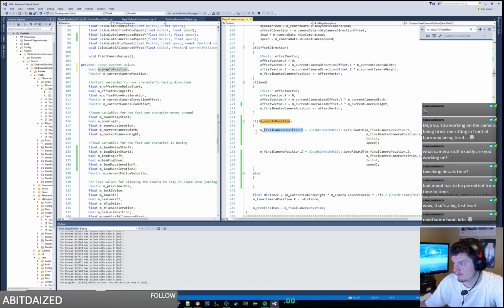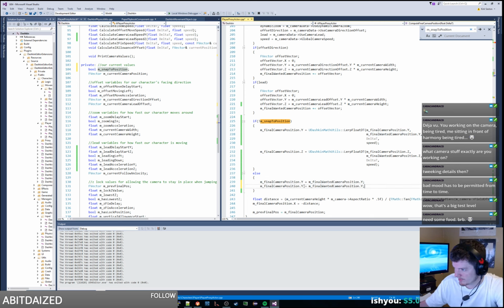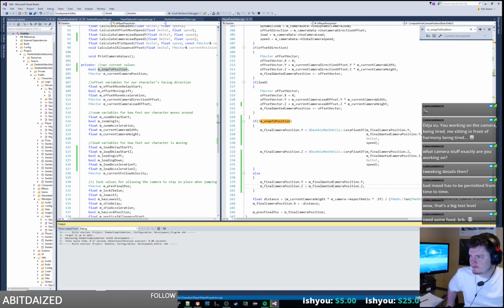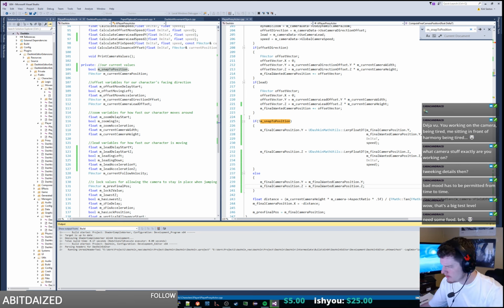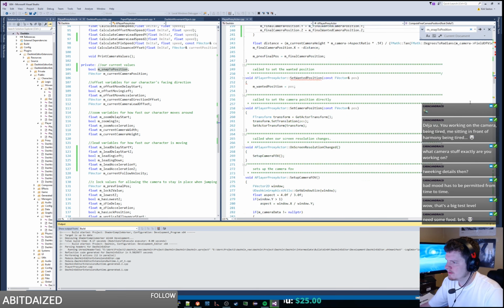Otherwise, basically, final camera pos y equals the wanted final camera pos y, and final camera pos z equals camera pos z. Alright, let's do that. So this should snap our camera at least when we spawn to the correct position. We'll have that fixed. So now we'll concentrate on